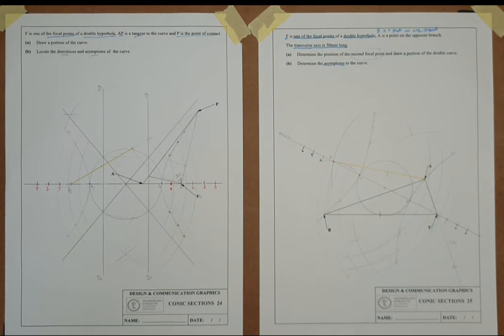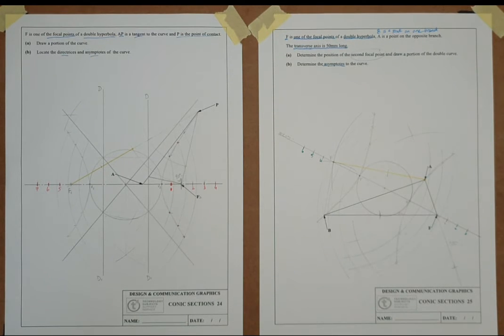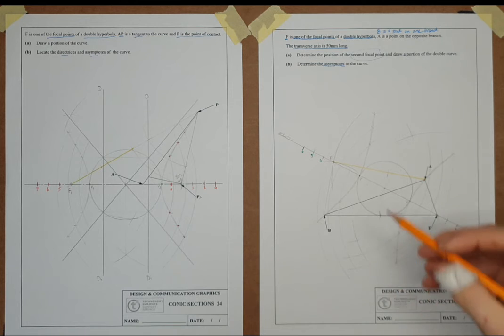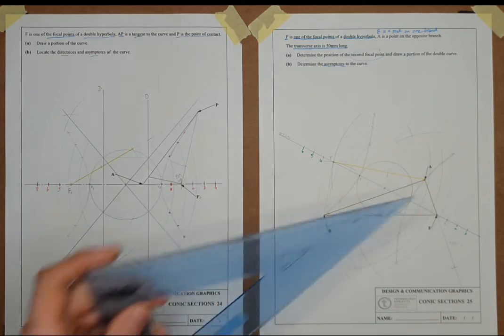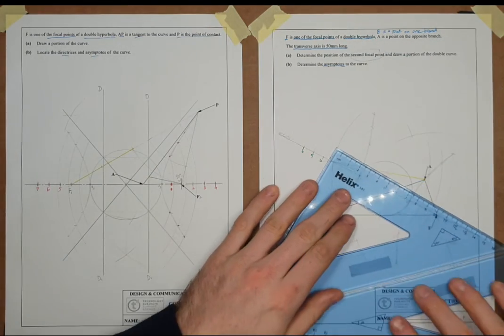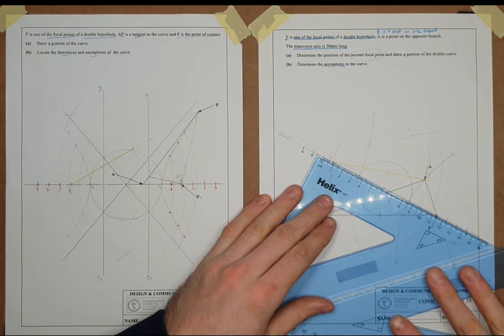So determine the position of the second focal point and draw a portion of the double curve. Done. Part B, determine the asymptotes to the curve. So this time we don't have the directrix. So what we can do instead is we have the auxiliary circle. We're going to take a line perpendicular to the axis through both vertices first of all. So I'll just set up some sliding set squares for this. So we'll go in line with the axis